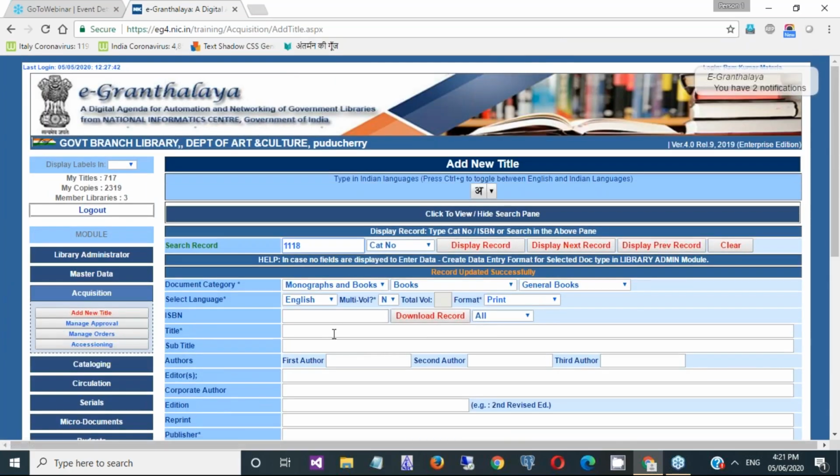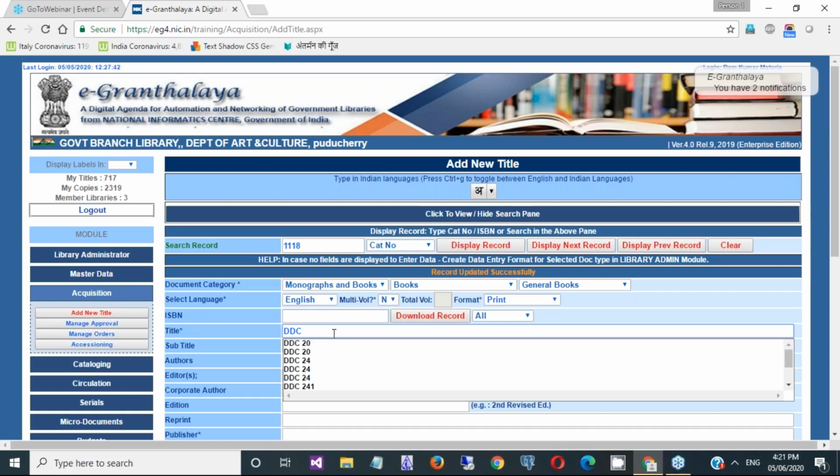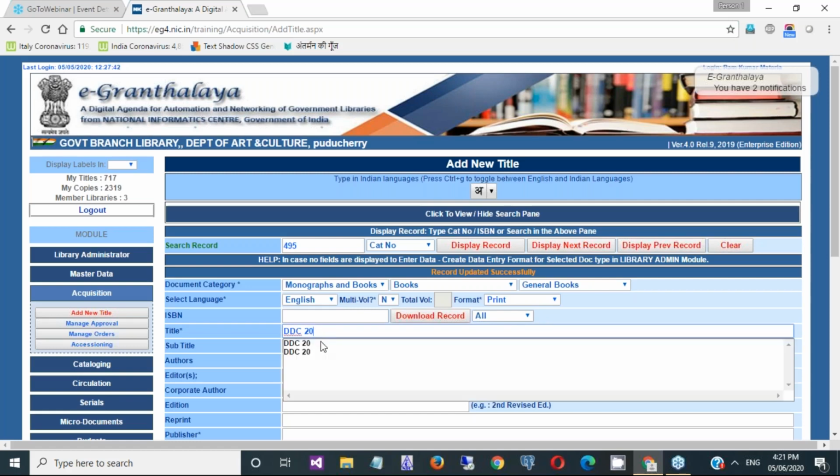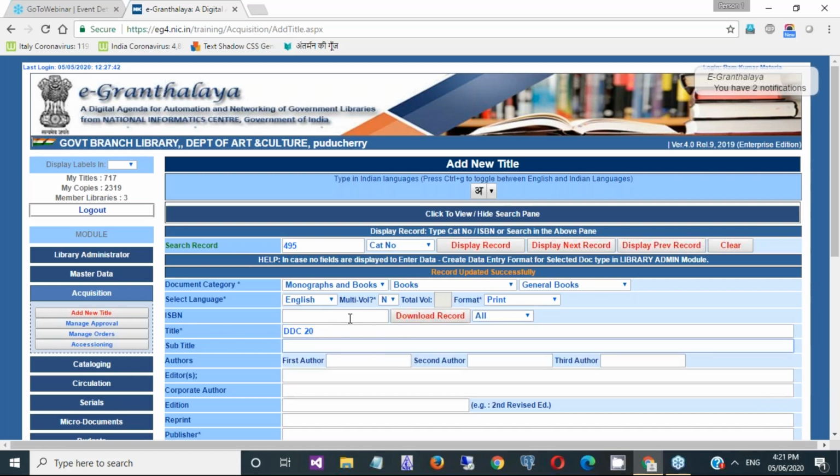Now second title, for example, that is DDC 20. So you can see here already one record is there, and once you select the title, a number is automatically printed here. That is the record number of this DDC 20.